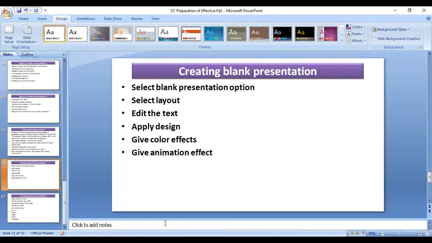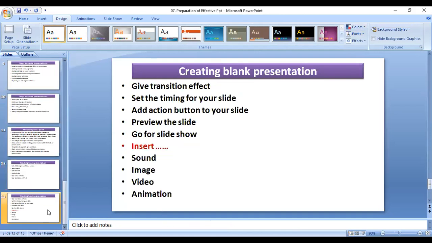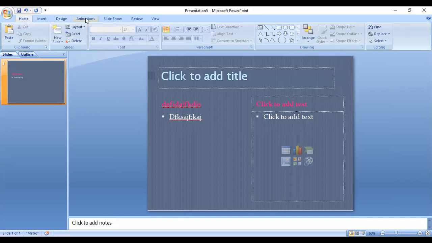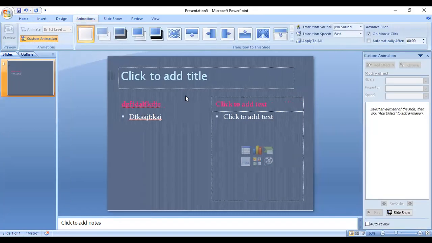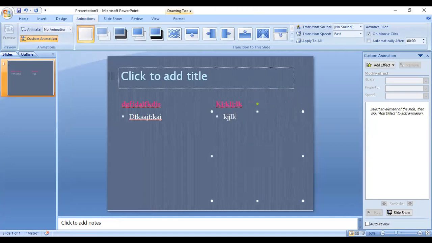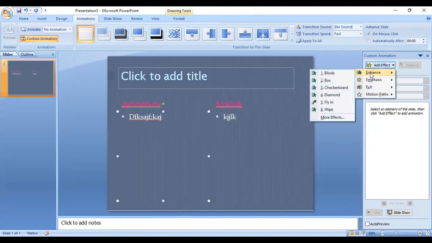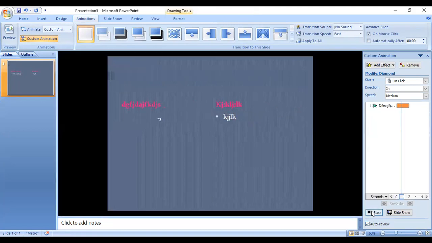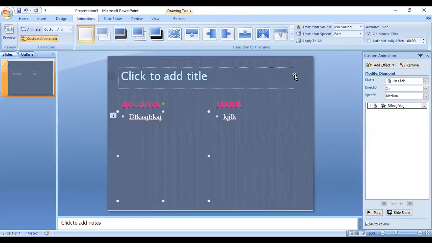The animation effect: in animation you can make an effect. Then give transition effect. So these are the animation effects. Here is the animation. Custom animation is there. For example, we add some data. So add effect is there. Entrance, diamond, like this way, animation we can give.